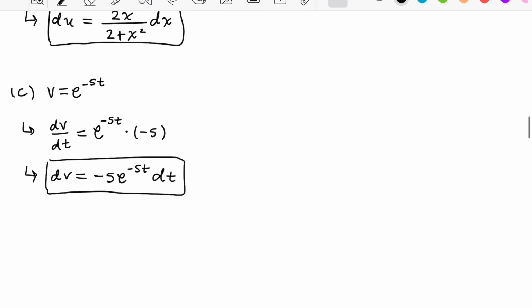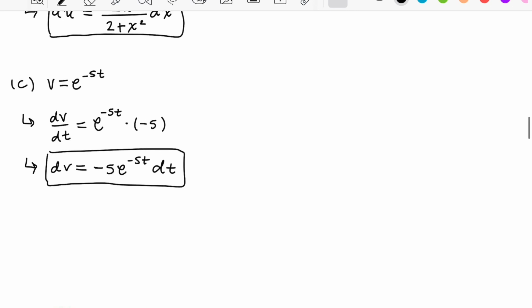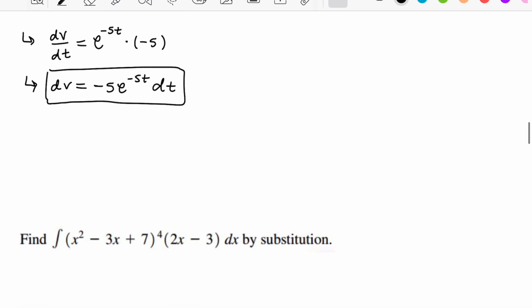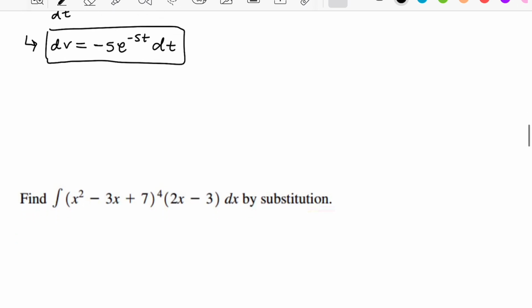All right. Now, in the next example here, this example demonstrates our method of substitution, which we'll be going over in this video, and I'm going to be calling that method of substitution u substitution. So, we want to integrate this here by substitution. So, suppose u were to be equal to this function here, x squared minus 3x plus 7,